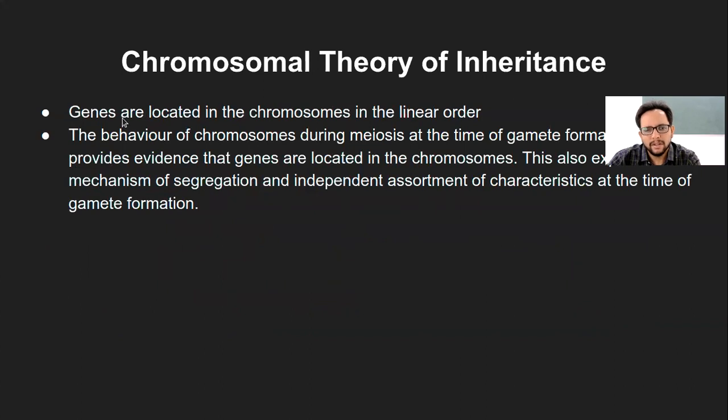And two more points that they had also mentioned is that genes are located in the chromosomes in a linear order. Linear order means there is one gene, then there may or may not be some gap, but the next gene will be after it. It cannot have any branches. They are present in a linear order and not in a branched order. So the genes are located in the chromosome one after another.